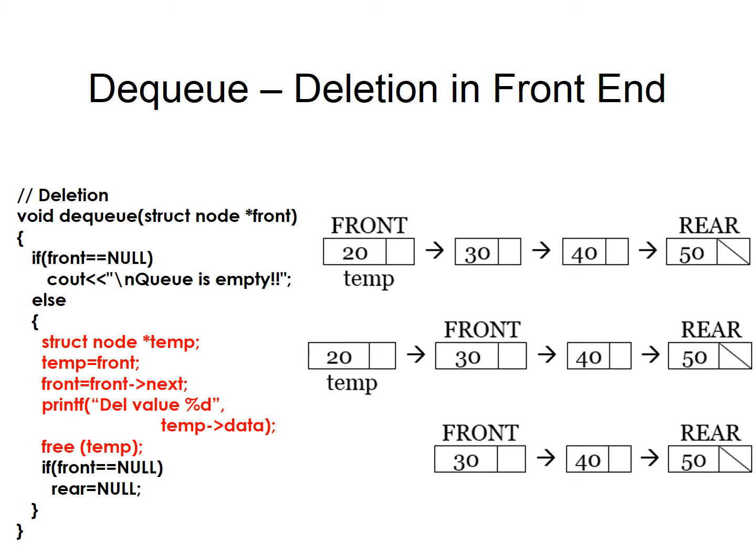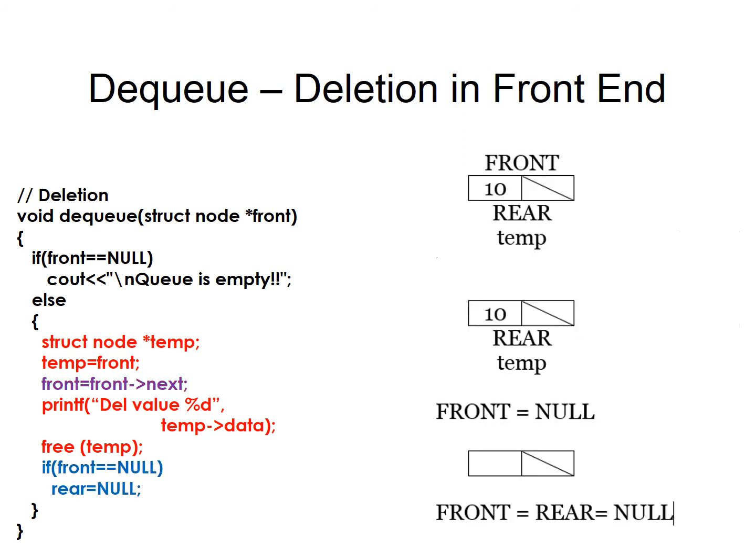Let us see how it performs for one and only one element. So let us assume there is only one element in my double-ended queue. So both front and rear will be standing on the same node. So here I have only 10 in my double-ended queue. Both front and rear are standing there. So see how the code works. First you create a temporary variable and assign it to the front. So temp is standing at the front. So now 10 has front, rear and temp.